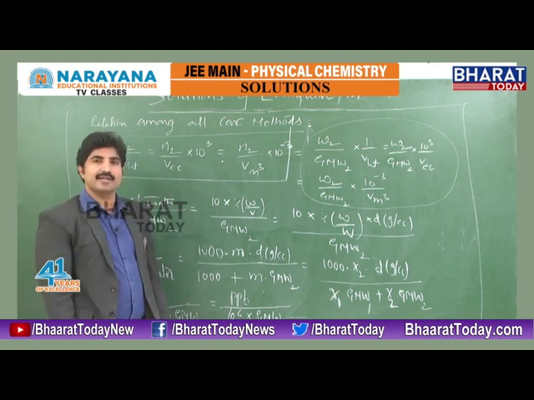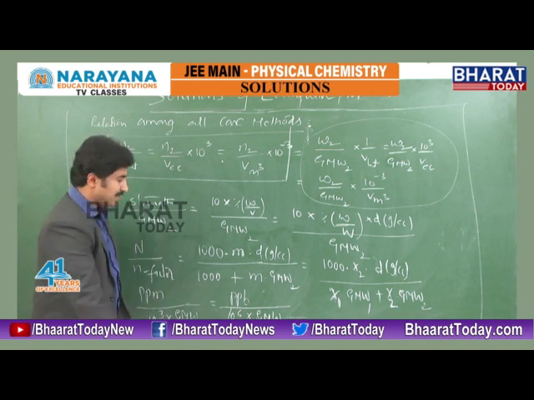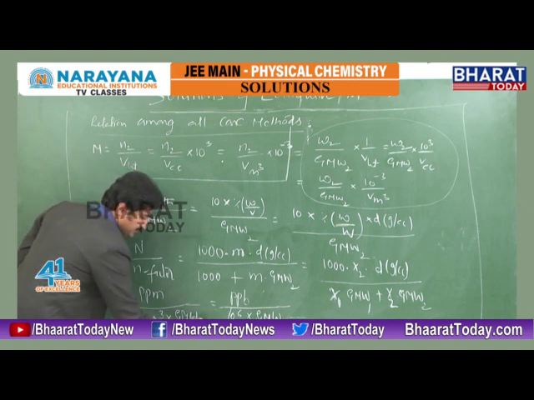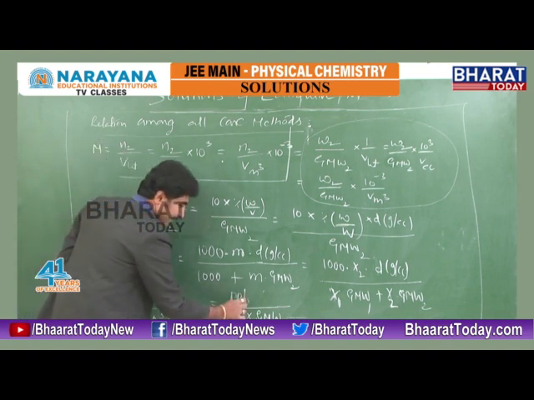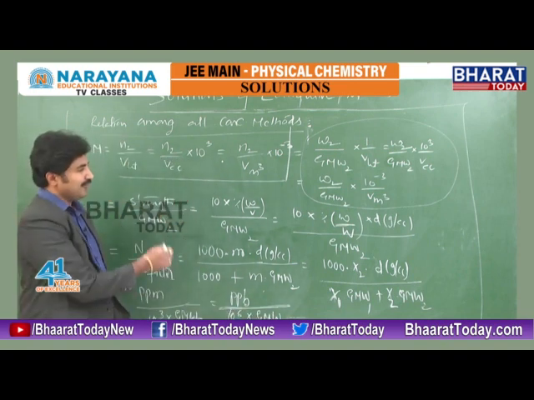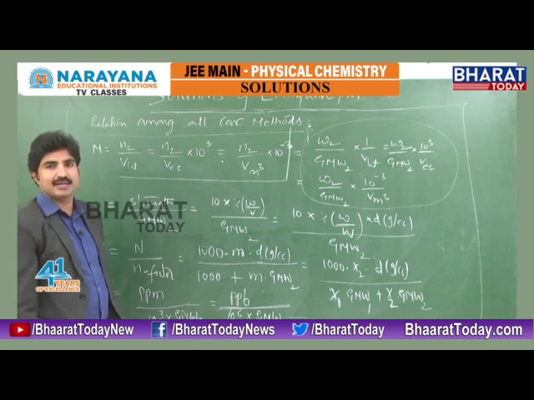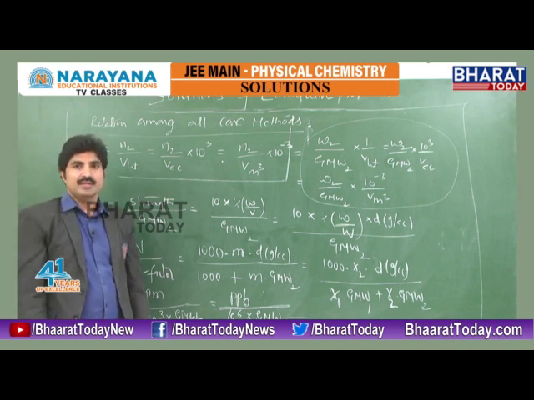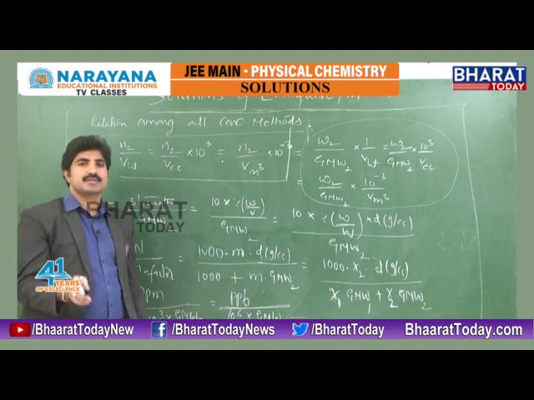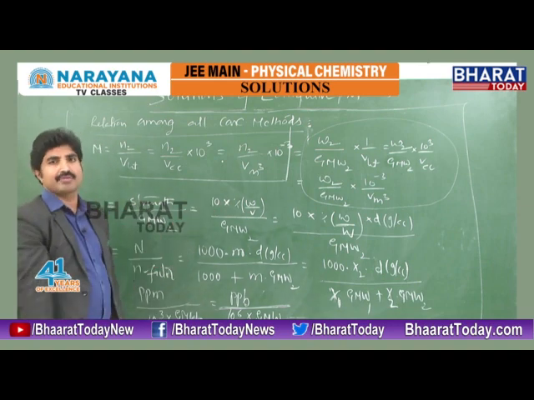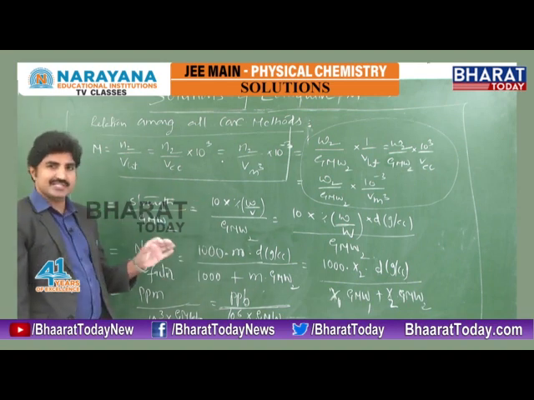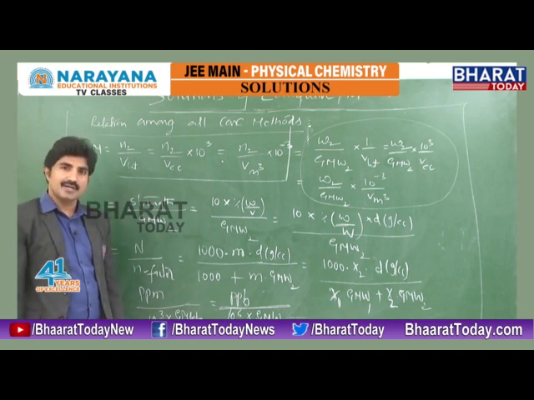And we already simplified the ppm and molarity relation. Based on that, molarity is ppm by 10 cube into gram molecular weight of the solute. Similarly, in terms of ppb, molarity is equal to ppb by 10 power 6 into gram molecular weight of the solute. Looking at it, it is one very big chain equation. But whatever the concentration methods given in our numerical, just pick out those two concentration method equations, equate and simplify. By default we can solve any type of numerical. This one equation is enough to solve many models based on concentration methods.